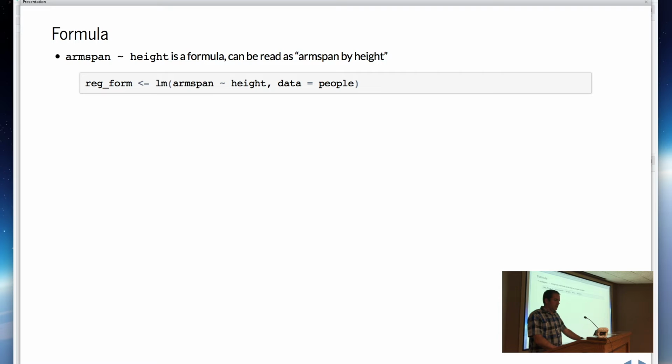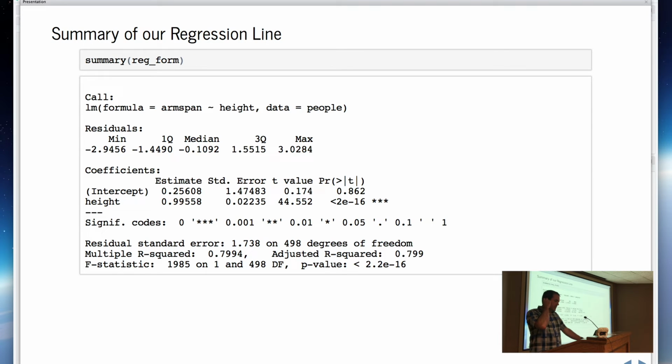So in this case, if I look at a summary of that item that comes out, the important part here, you look at the coefficients... hold on one second. I'll come back to that.